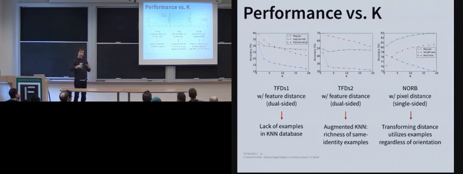Now, when we synthetically augment our KNN database with examples of people under different expressions, or in the case of NORB, people and objects under different rotations, we see that we actually don't drop off in terms of performance with K. So augmented KNN is actually able to allow us to work under higher settings of K. With NORB, we actually see that because we start with a larger number of the same class objects in the database, using the transformed version of KNN, we're able to match with objects of various transformations within the database, not just the exact type of rotation that was present in that test example.